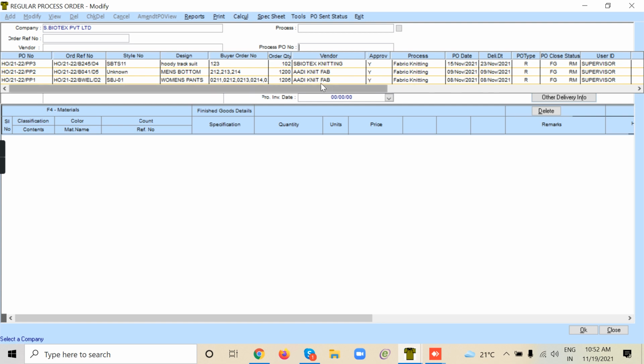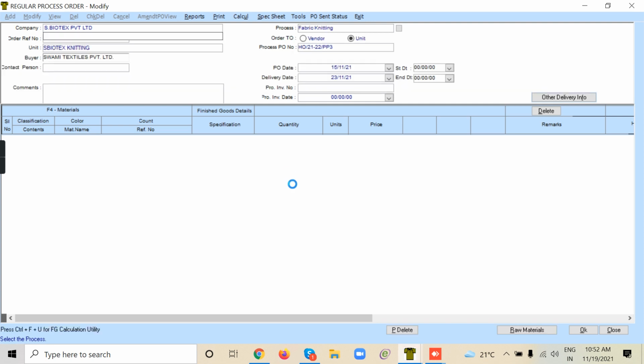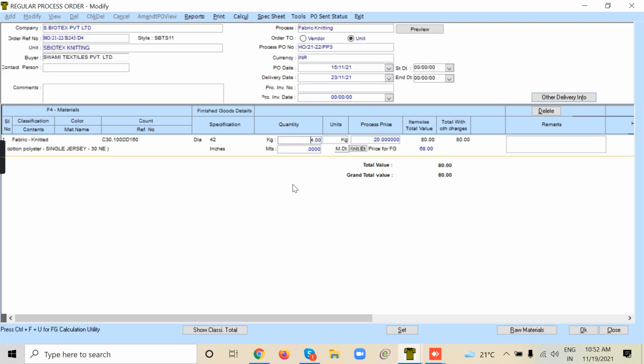A knitting order can be made to a party like vendor Adi Knit Fab, or it can be made to your own knitting unit. Let's take that as Biotex. So this is a knitting PO made to S Biotex Knitting for the order D4. Fabric knitting process.